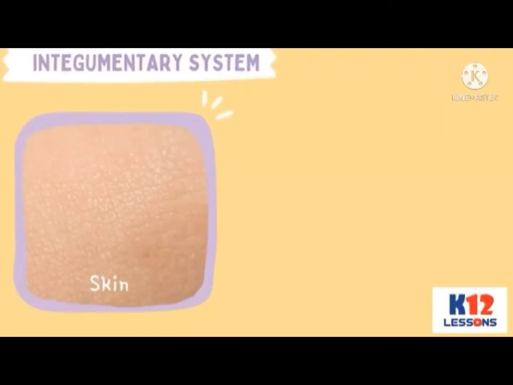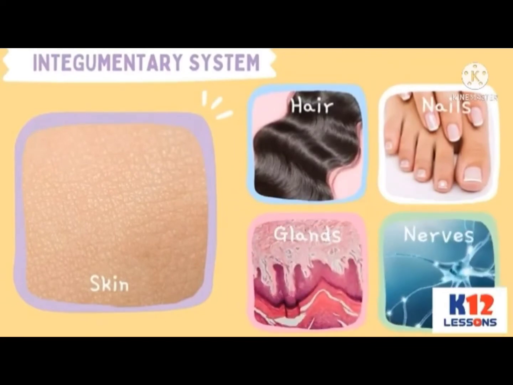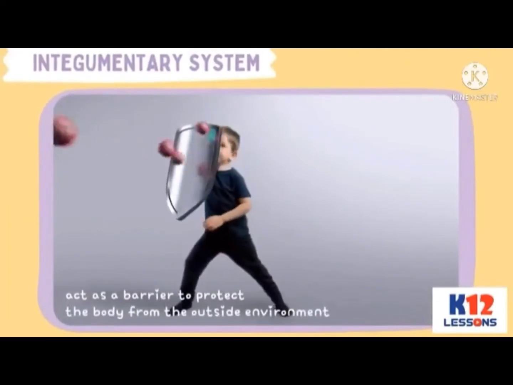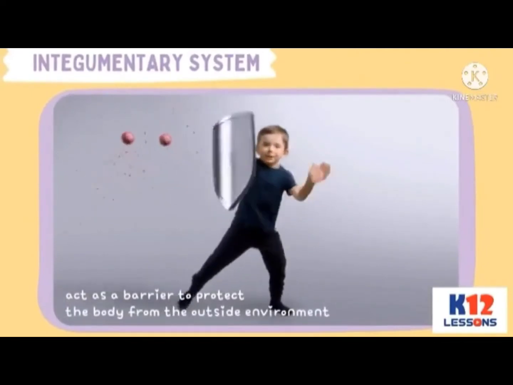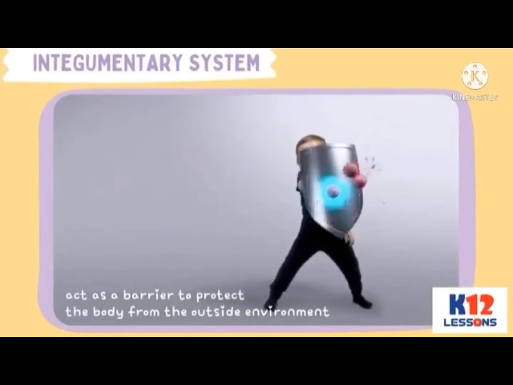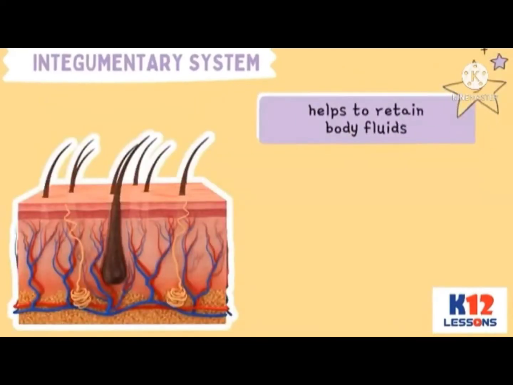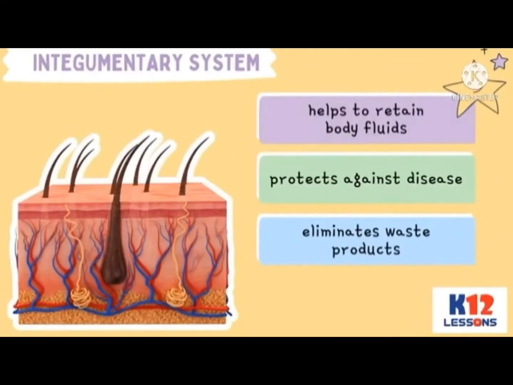The integumentary system consists of the skin, hair, nails, glands, and nerves. Its main function is to act as a barrier to protect the body from the outside environment. It also helps to retain body fluids, protect against disease, eliminate waste products,